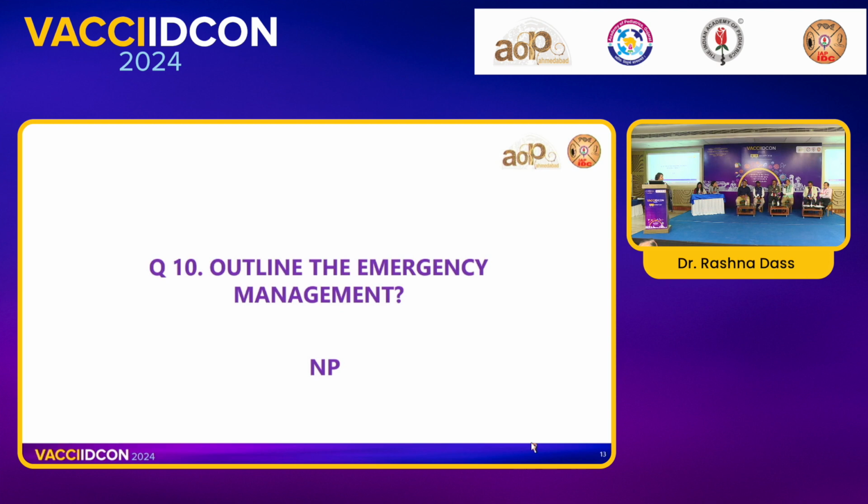So again, we have to go back to the basics. When you receive a child, the first initial thing would be the maintenance of airway, breathing, and circulation. For airway, we have to see if the child is maintaining the airway. If the GCS is very poor, the child may require immediate intubation and ventilation on admission. Same thing for circulation. Anytime you receive a child in the emergency, you have to look at the blood pressure, the peripheral pulses, the CRT, and start fluid boluses and inotropes as and when required.